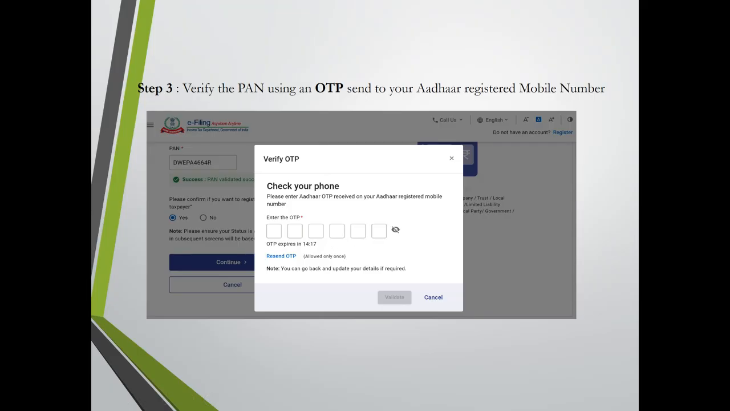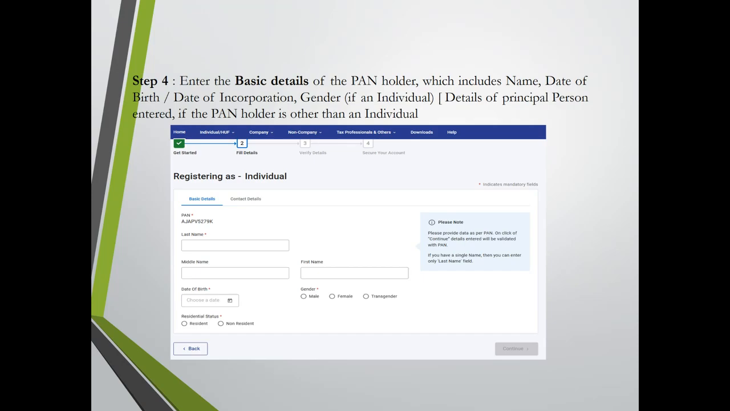After entering this first authorization OTP, you would be led to the second window. All these things were in the first window. You just entered your PAN, it got validated, you selected the individual option. Afterwards, an OTP was generated to your Aadhaar-linked mobile number. Then you would be led to this second screen. In the second screen,